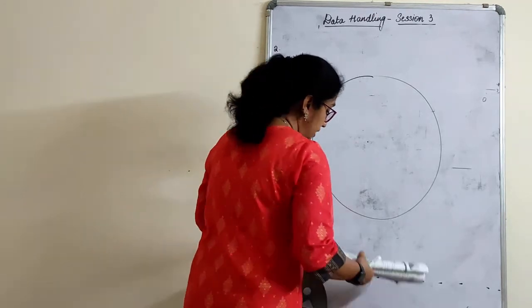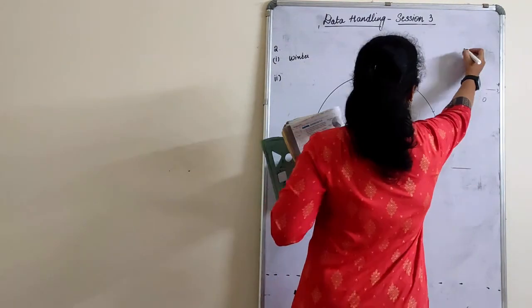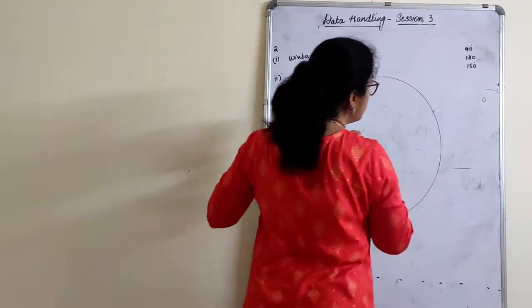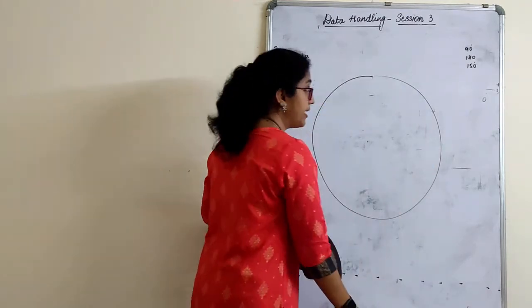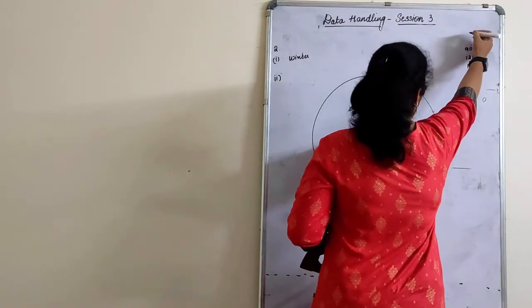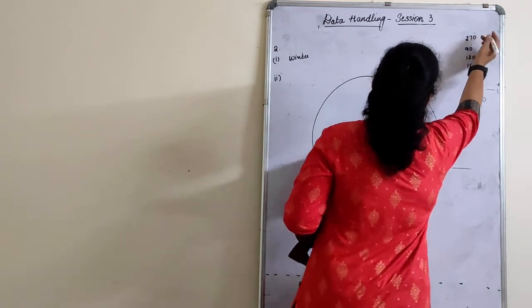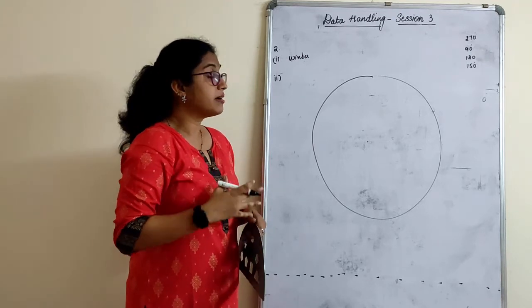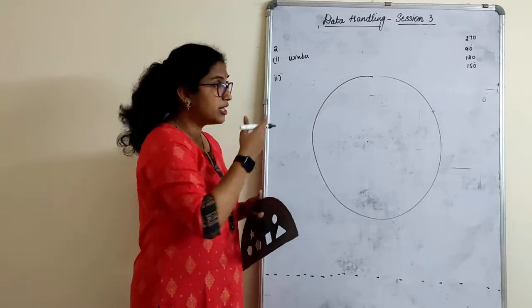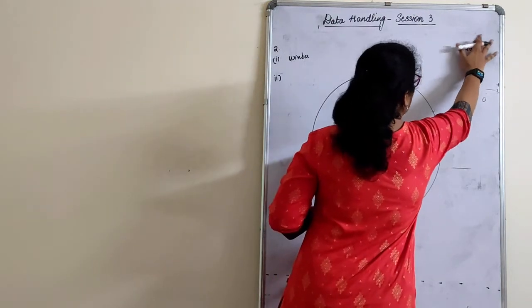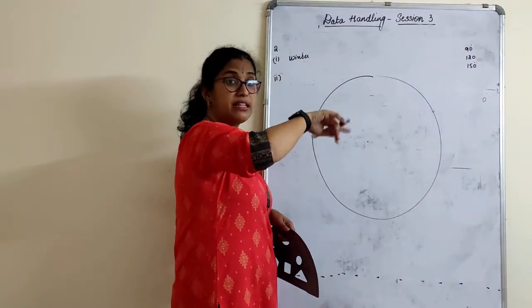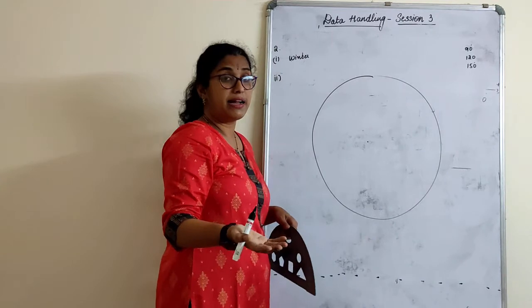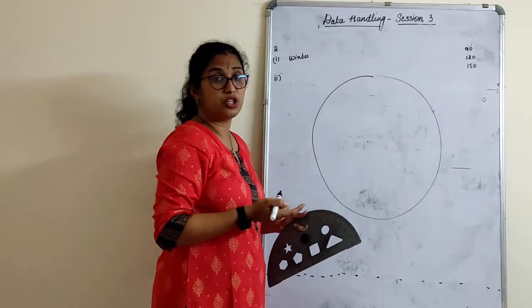Let me just make a note of the angles here. So, first angle was 90, 120, 150. Now, the question is, which angle should I plot first? Sometimes just imagine that the first angle is 270 something. How should I plot 270 at the beginning itself? It is not compulsory that you have to draw that angle first. Choose conveniently whichever angle you want, among the given ones. From there we will start. If I am choosing this as first, this second, this third, that doesn't matter. It comes in the chart only, it's a representation.